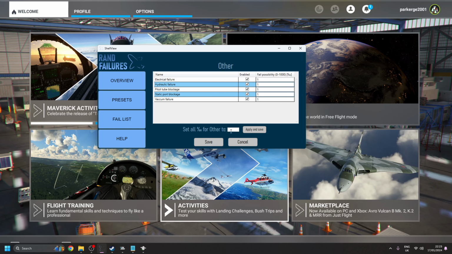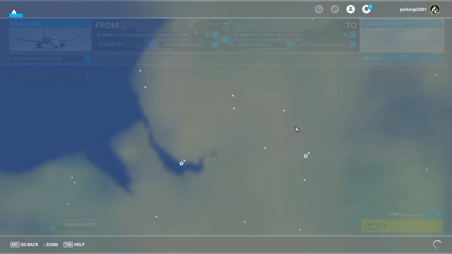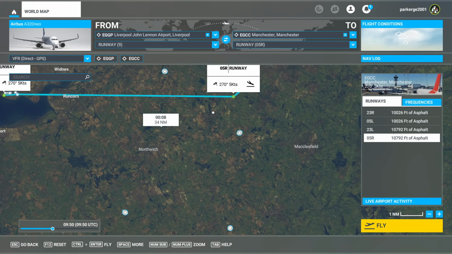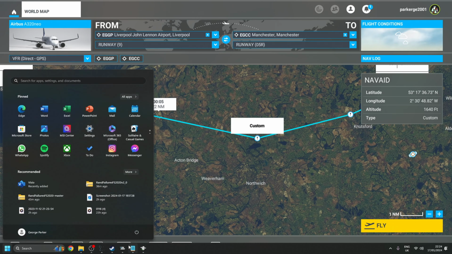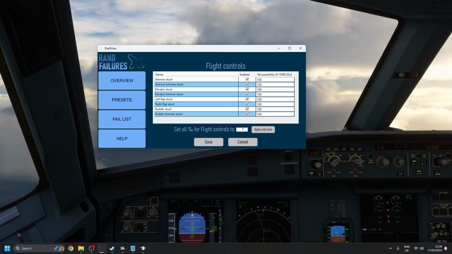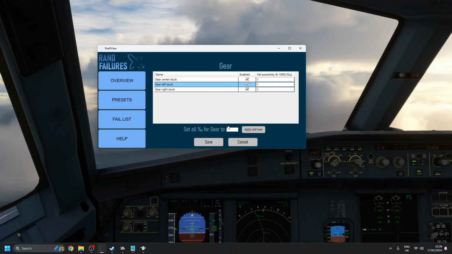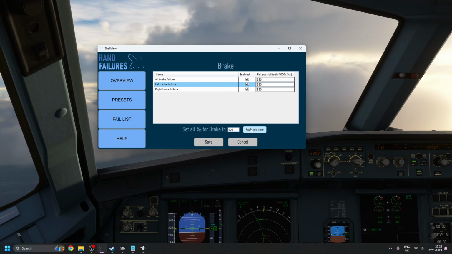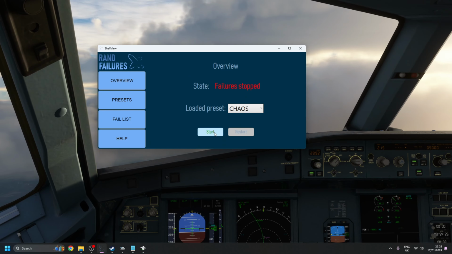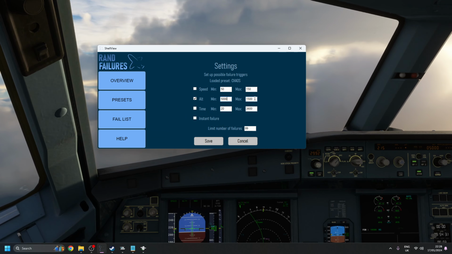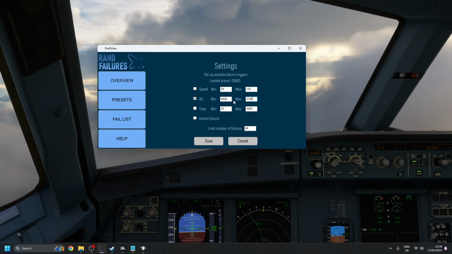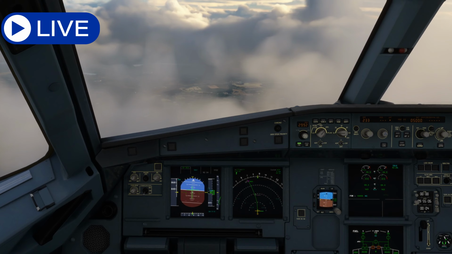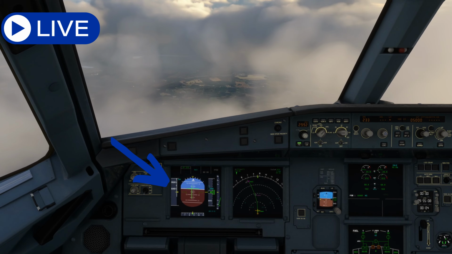So I made a preset and called it Chaos, and put the probability of failures occurring to very high, and attempted to fly from Liverpool and then perform an emergency landing at Manchester. Amazingly, the aircraft was still pretty flyable and I didn't actually notice that much difference, so after takeoff I went back into RandFailures and upped the probability of failures occurring even more, which did result in some pretty serious failures. Got no inclination of speed whatsoever, and